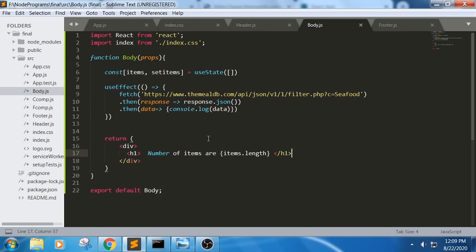Let us check the code. Constant items is there with the setItems, where we have used setItems here, and then we have fetched. Next we are trying to create a response for it. Next one, the data which we have been retrieving. Okay, so it is not able to print the thing in the console part.